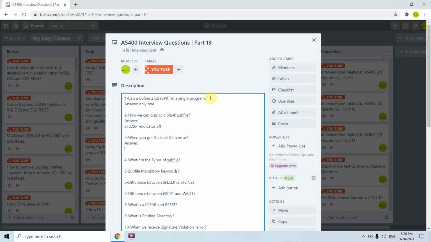In that case also they are initialized with 40404004. If you are transferring data, you will be getting the decimal data error. So basically that's bad data.